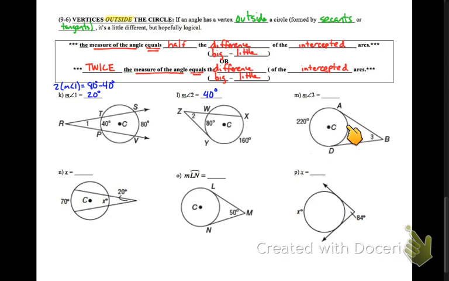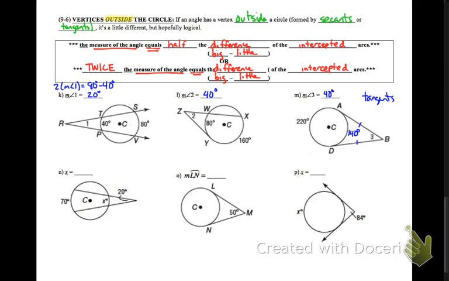Notice it doesn't give us the other arc. Why not? Well, this is 210 degrees. There's only 2 arcs here. We have the major arc of A something D, and then we have arc AD here. Well, then that other arc has to be 140. Okay? Double the measure of the angle equals 210 minus 140. 210 minus 140 is 80. Half of 80 is 40. See if you can figure out